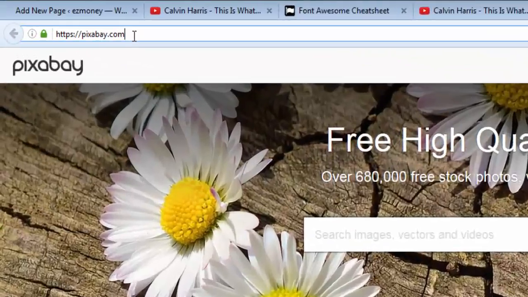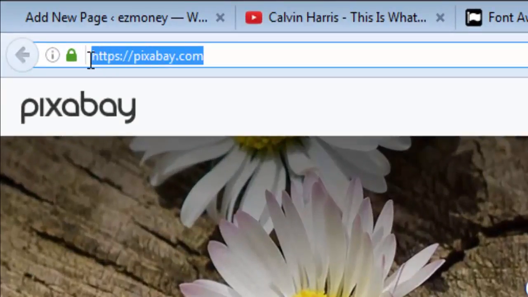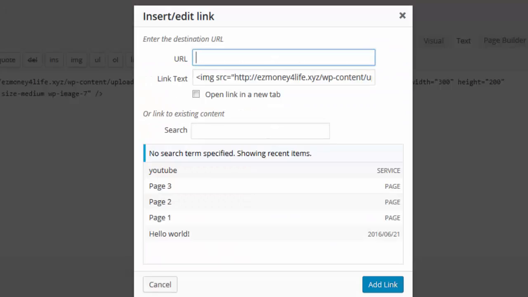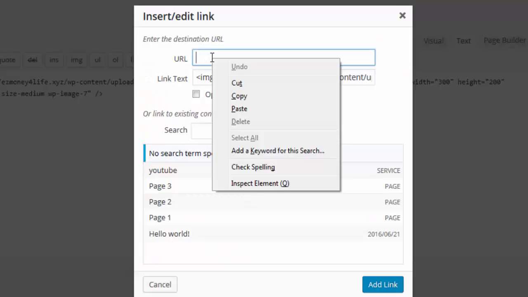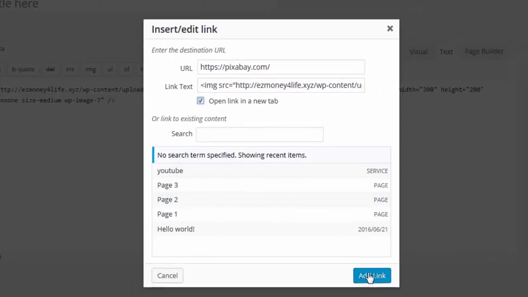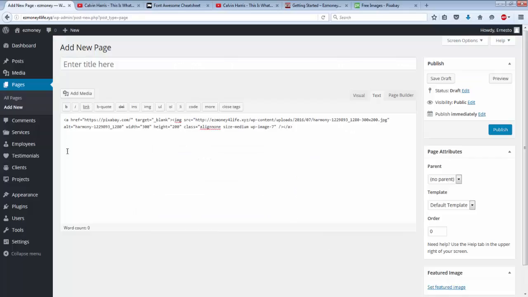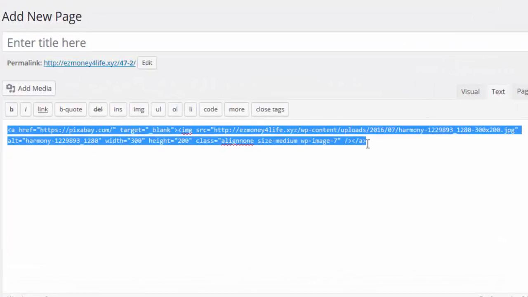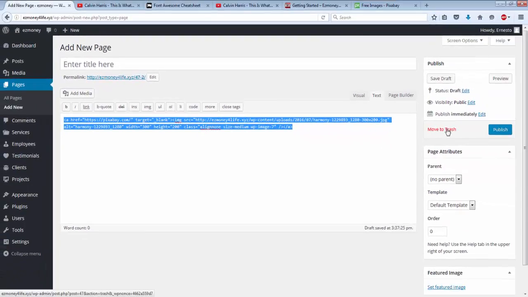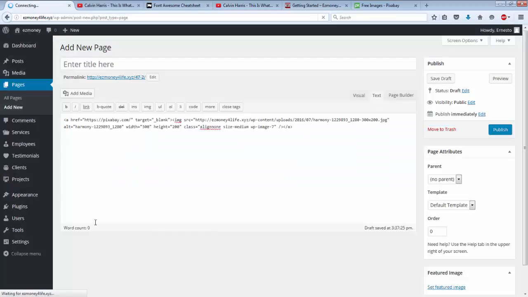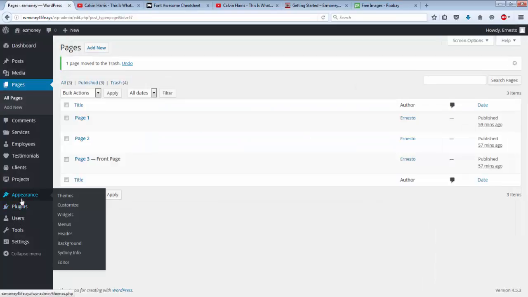Okay, so I go to here, copy the link up here, copy. Let's go to here. We're going to add the link in there, paste, open in a new tab, never close out your website, add the link. We're going to copy all this that's in this little section here. We're going to move this whole page to trash and get rid of it. Leave page. We're going to go back to appearance,